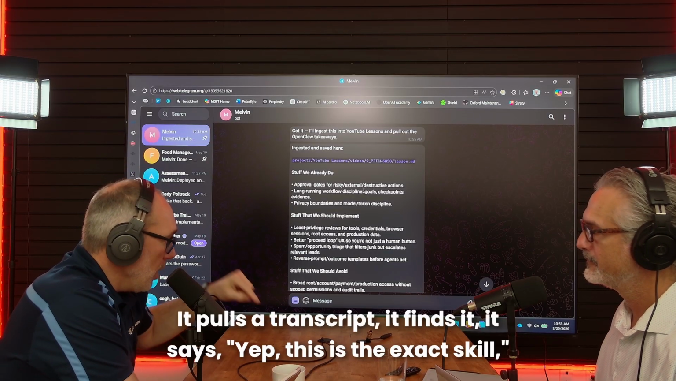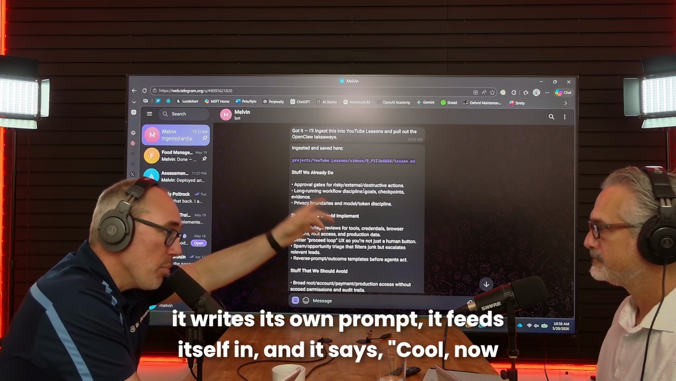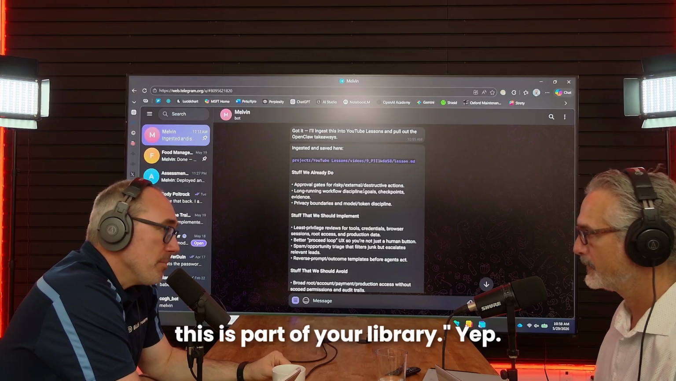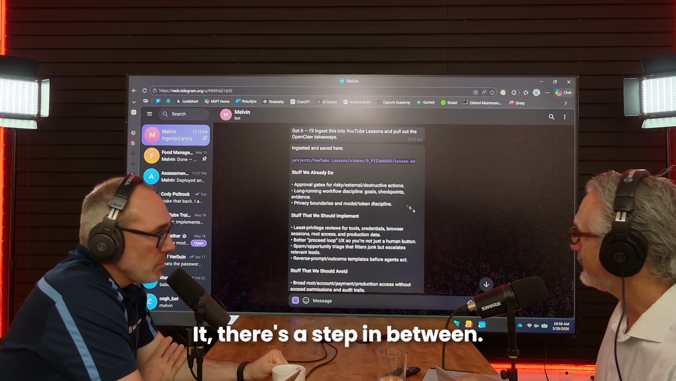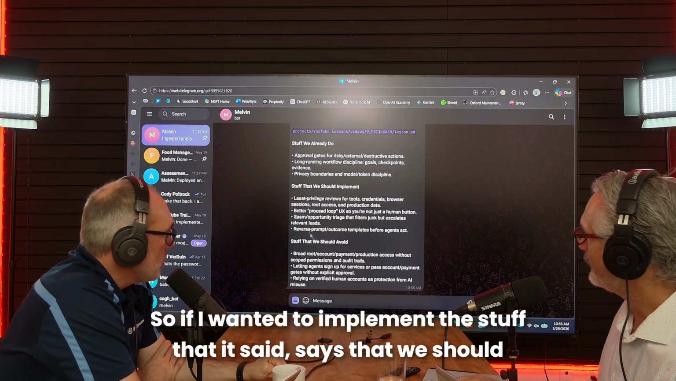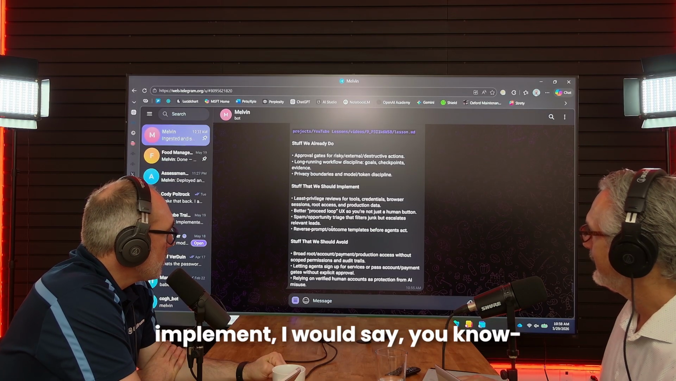Yep. It pulls a transcript. It finds it. It says, yep, this is the exact skill. It writes its own prompt. It feeds itself in and it says, cool. Now this is part of your library. Yep. There's a step in between. So the first thing is kind of a summary and a review. So if I wanted to implement the stuff that it says that we should implement, I would say,